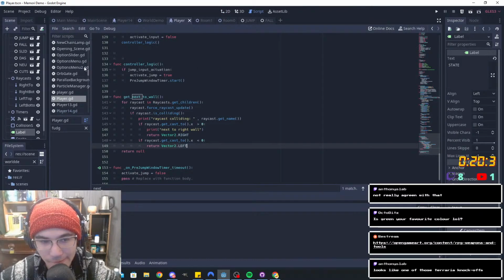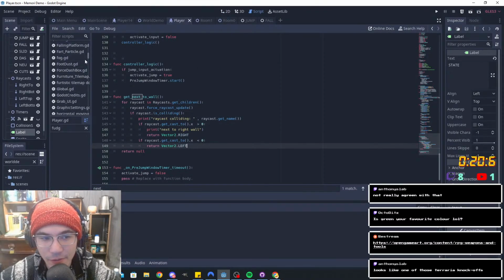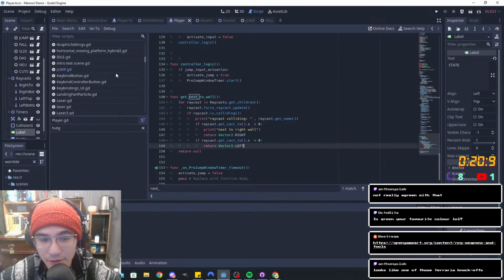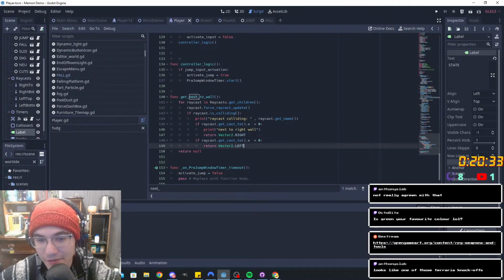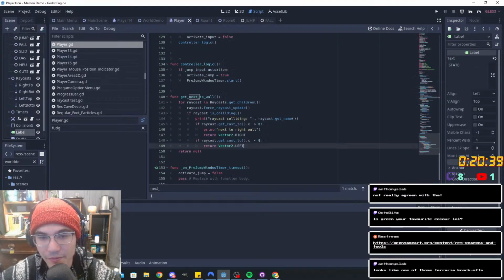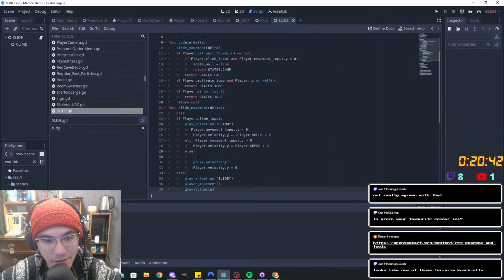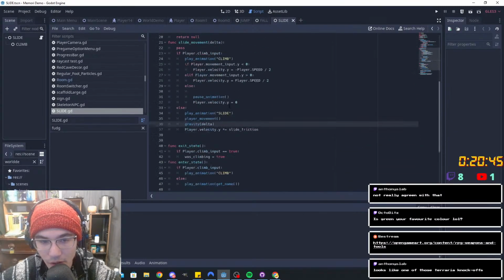So what we'll do is on the entrance of the slide state. Originally, what I was thinking was if you were to enter the climb state, or if you had climb input entered, you would automatically enter the slide state. The slide state without the climb state is a little bit more lenient, where you don't have to enter it. But the thing is, you have to enter the slide state in order to enter the climb state. So we're going to ignore it. We're just going to make it all encompassing, if that makes sense. So let's go into our slide state here, and on enter state,